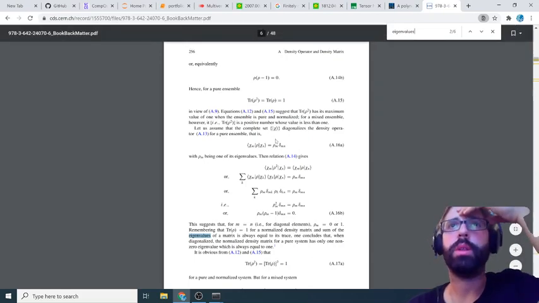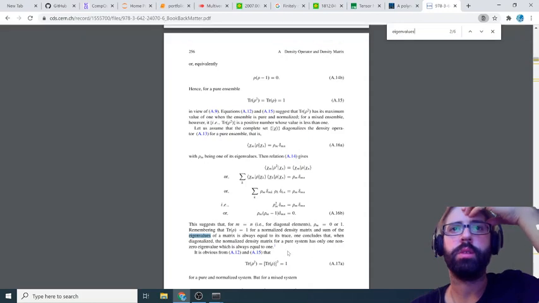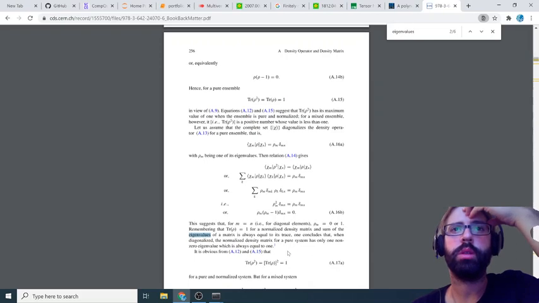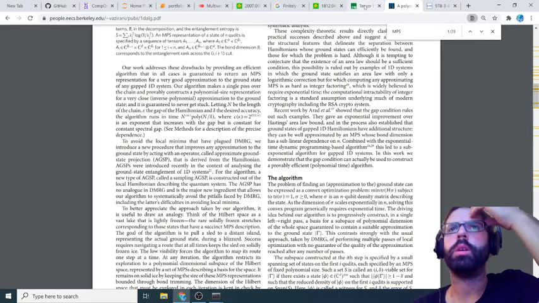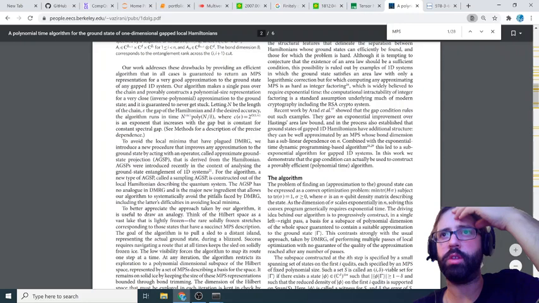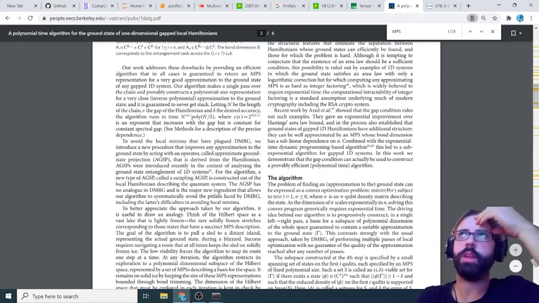Let's assume that a complete density operator for a pure ensemble, with the rho being one of its eigenvalues. And somehow the matrix is always equal to its trace. Is equal to 1. Okay. So it seems it's got to do with the trace, which then makes sense. So you then